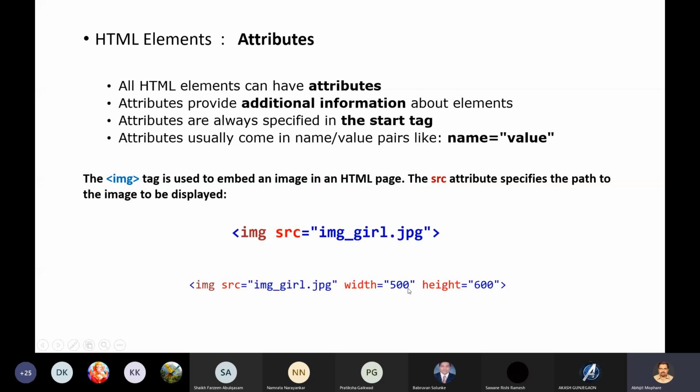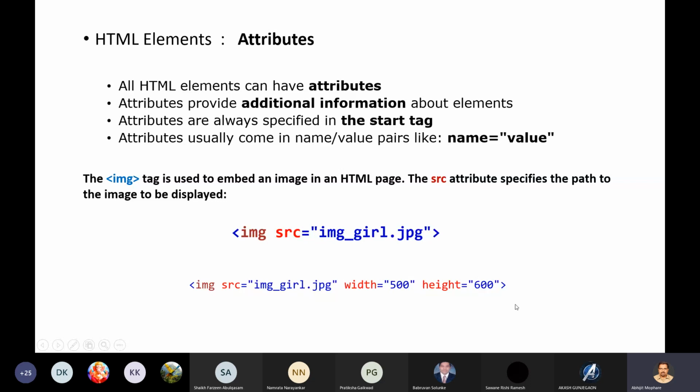Now all of you may be aware of the term pixel. A single dot on the screen is called a pixel. So you may be aware of the pixel and resolution. Pixel means dot on the screen. So here we have those many vertical and horizontal dots. So that is what becomes the resolution. For example, 480 by 360 or 500 by 600. That means horizontally we will have 500 dots and vertically we will have 600 dots. So that will be the size.